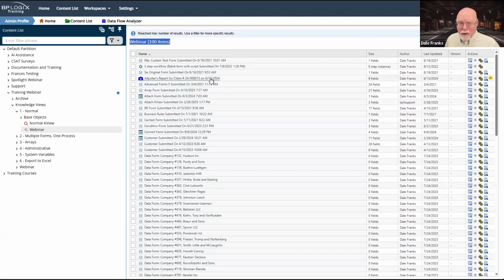If you have a knowledge view that might potentially return thousands of items, so let's say you have a process that routinely runs on your system, some sort of routine approval process that everybody in the organization uses, there might be thousands of instances of that knowledge view. Your best bet is when you create that knowledge view to initially filter it so that it doesn't return more than 100 items.